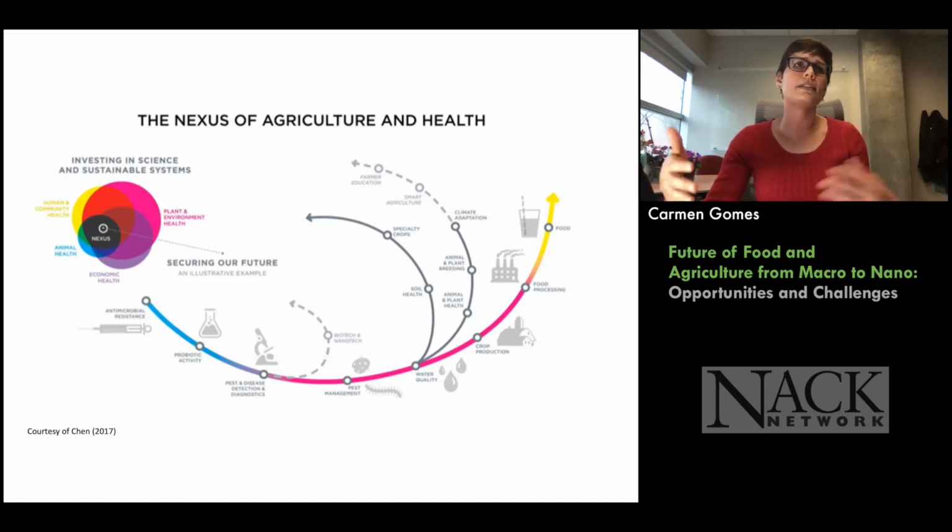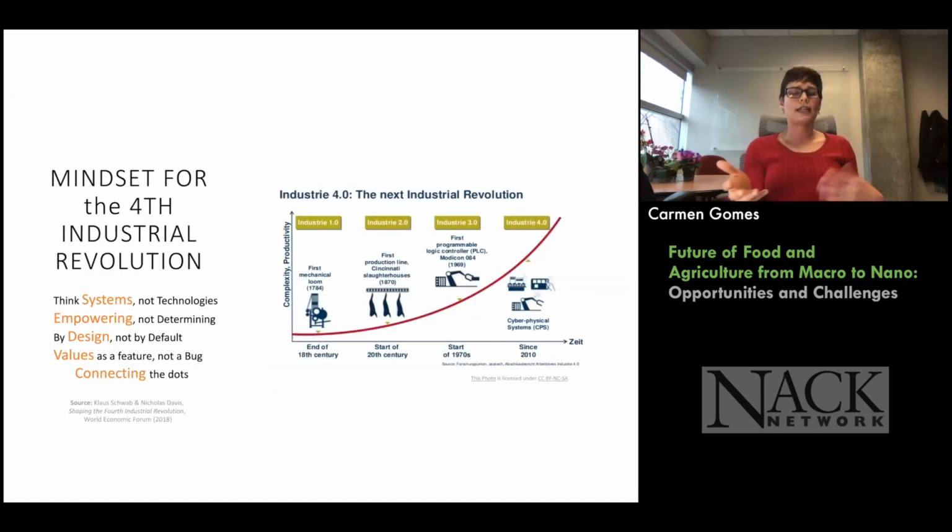And this slide is mainly to show that there is a big interconnection between agriculture and health. By having a sustainable agriculture, we can also impact human health. And one way of dealing with those complex problems that I just mentioned is that we tackle this with a system approach.